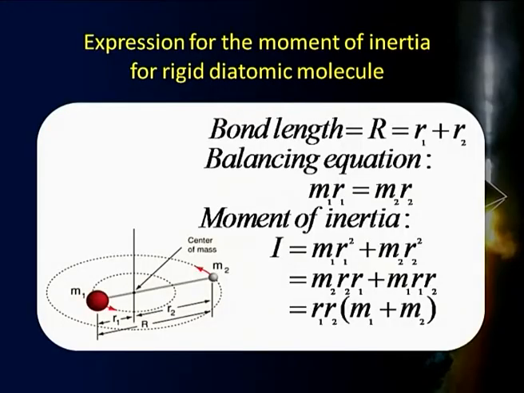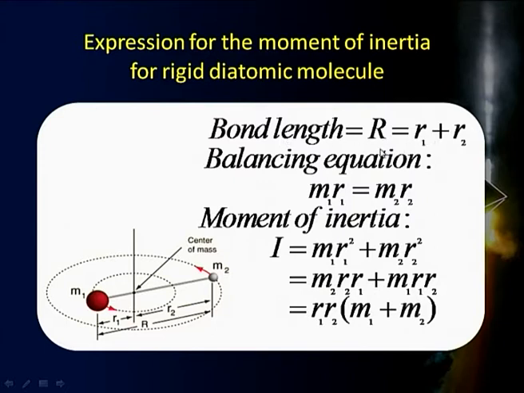To understand the quantum mechanical expressions and the energy level diagram, we need to use a term called moment of inertia, which I am sure we know from basic school physics. Let us see how we find the expression for the moment of inertia for a diatomic molecule. I will quickly go through a small derivation which you can do on your own. It is a very trivial derivation.